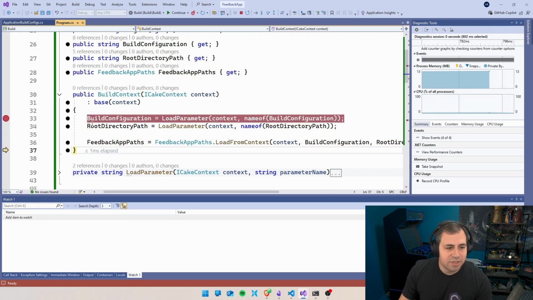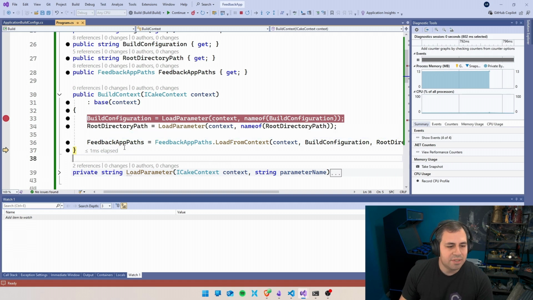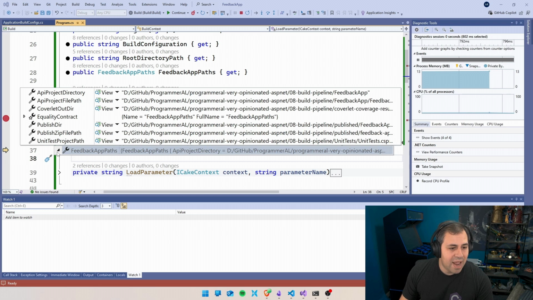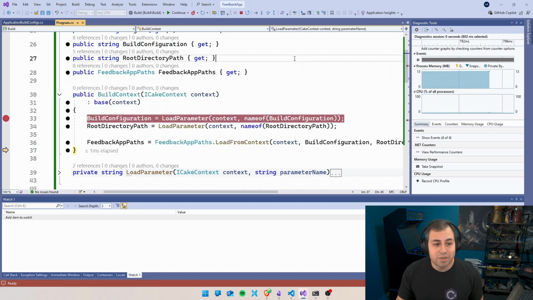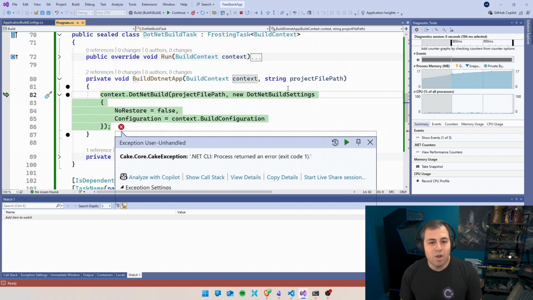Our build configuration is release. Root path is this whole thing that you saw me copy paste. And as far as our feedback app paths go, we have a bunch of strings that are set. And these look about right. I did test this on a separate project beforehand, but that is stored in a different directory, so I'm really hoping everything is good. So let's get rid of this breakpoint, hit F5, we'll let everything run, and oh no,